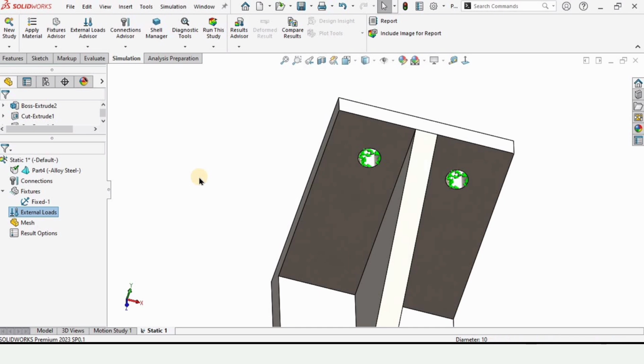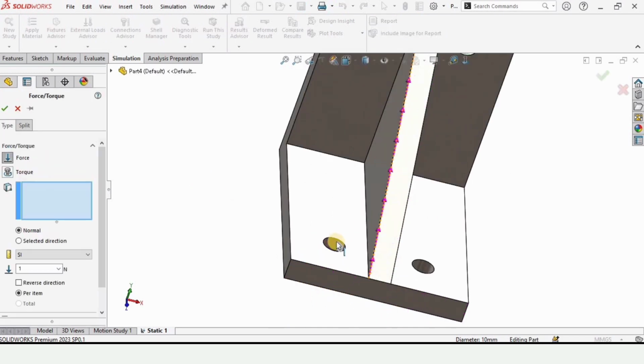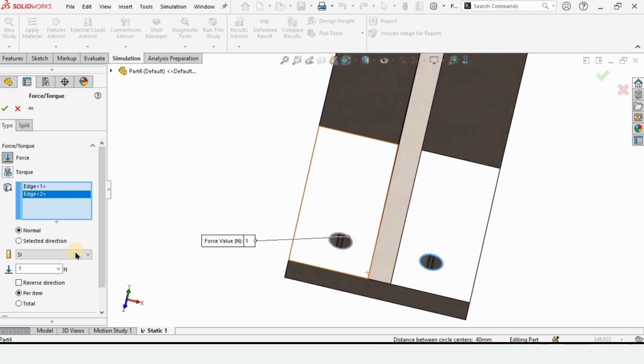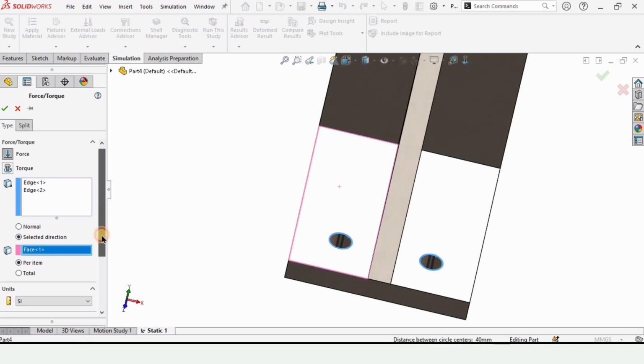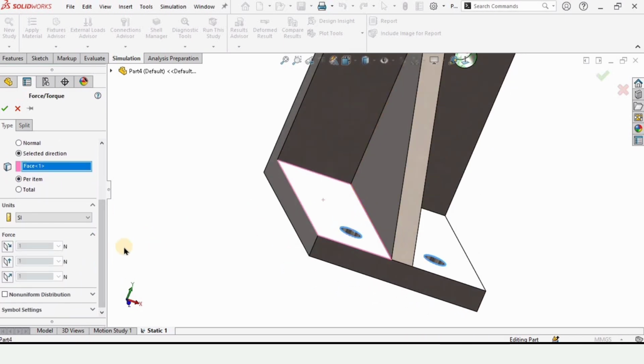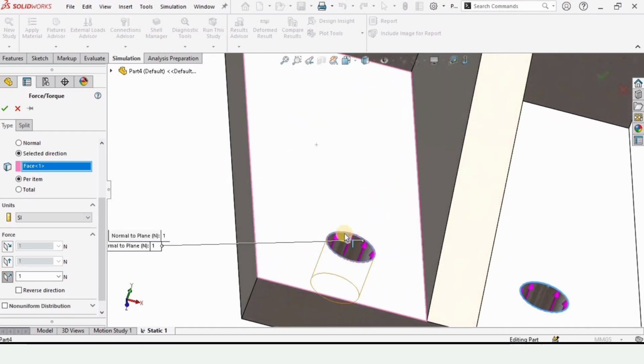For that, right click here on the load and click on force, and now simply select the edges of these two holes. And since I want to apply load in some specific direction, so I'm selecting this surface, and here I want to apply force in downward direction. So here select this axis, and I want downward direction to be applied, so I'm selecting this reverse direction, and